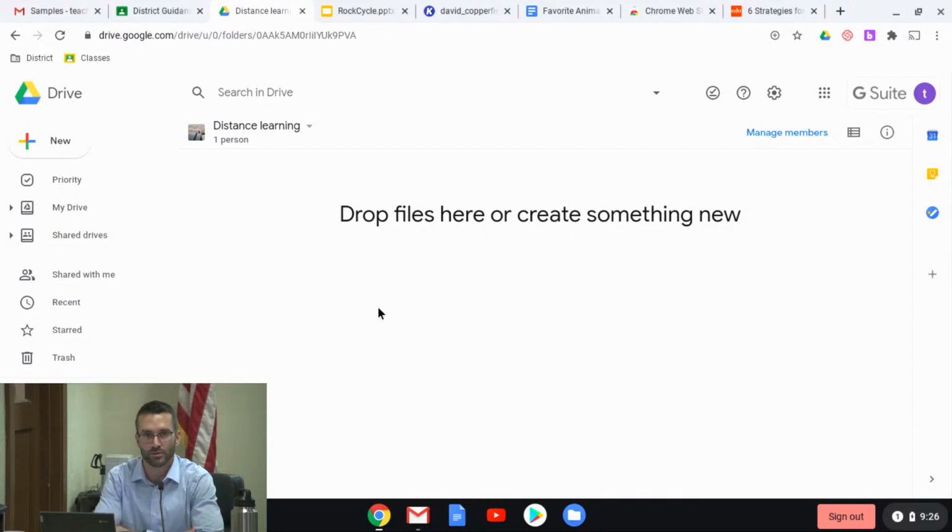Now what's important to know is that there are default sharing permissions associated with shared drives. If you create a shared drive and you add members to that shared drive, then anyone that puts content inside of the shared drive means that the shared drive itself is the owner and not the individual person. So Google created team drives and shared drives for the sole purpose of